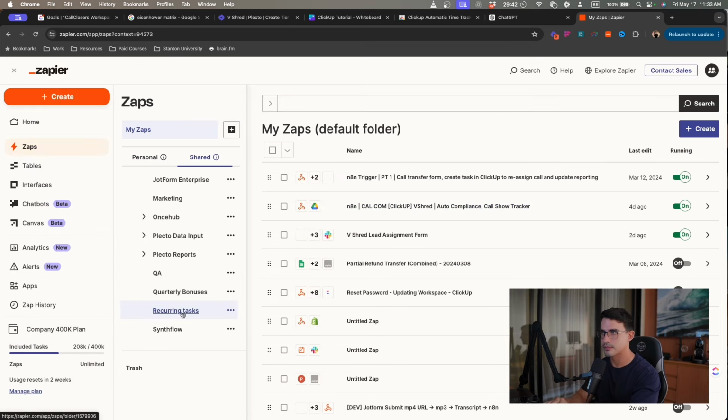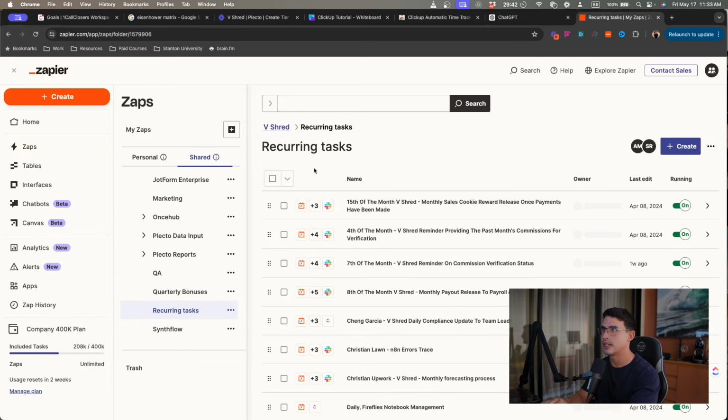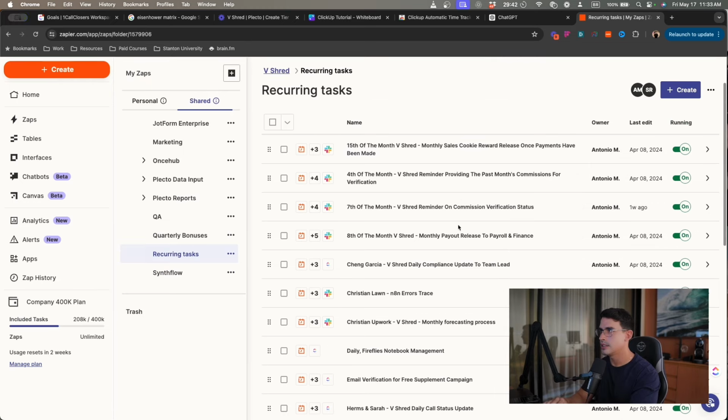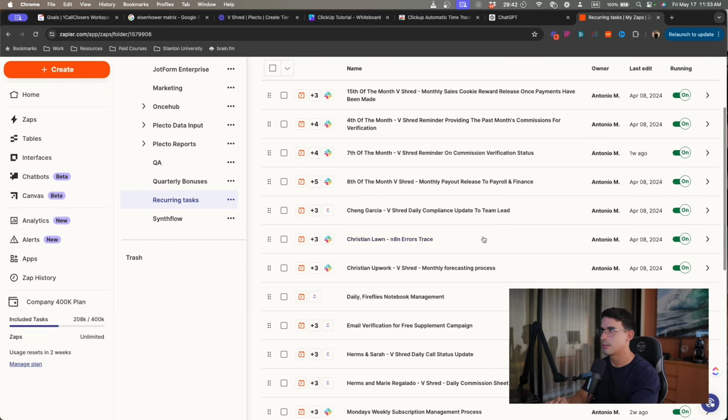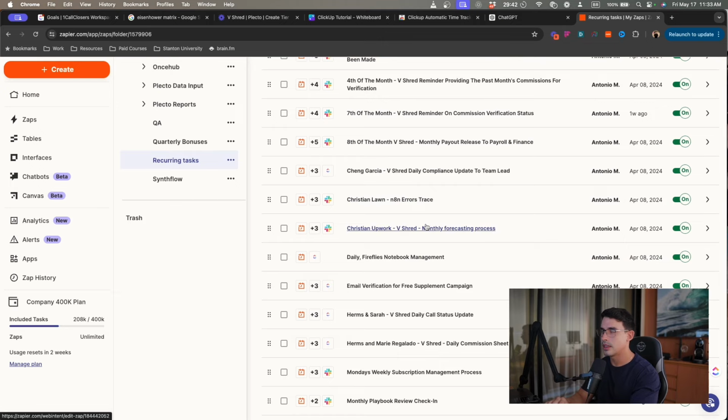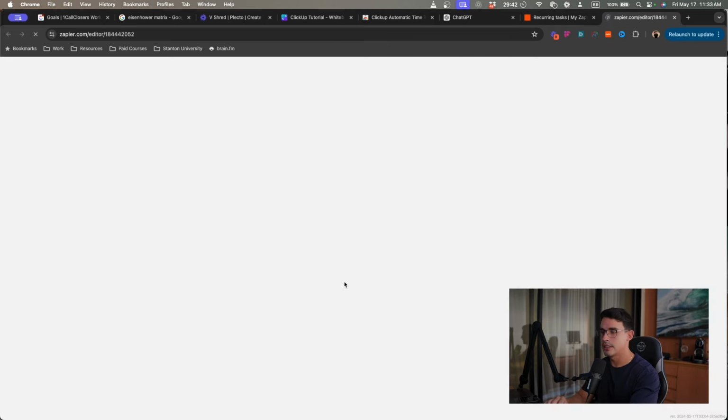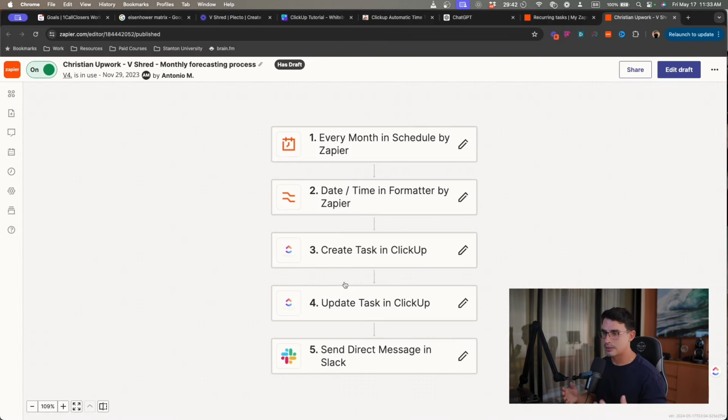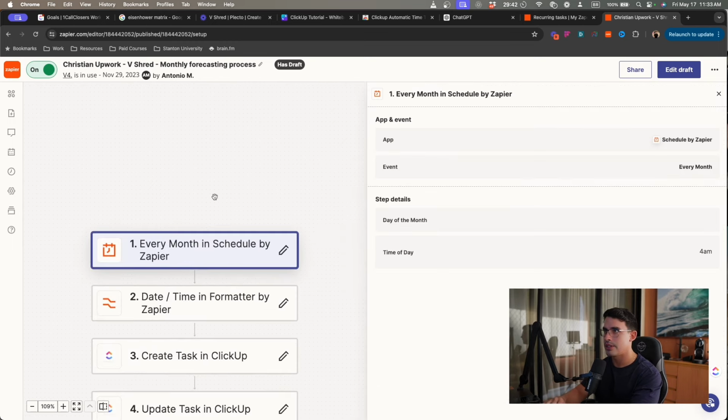So for example, here I have a folder in ClickUp that has recurring tasks, to manage the payout of the closers, to do compliance updates to the team, to do a monthly forecast. The way I set it up is I did the monthly forecast process, I recorded myself doing everything, put it in the simple outcome-focused task template, and then by a certain date I need the forecast built. And I have set up this automation here in ClickUp that runs every month.